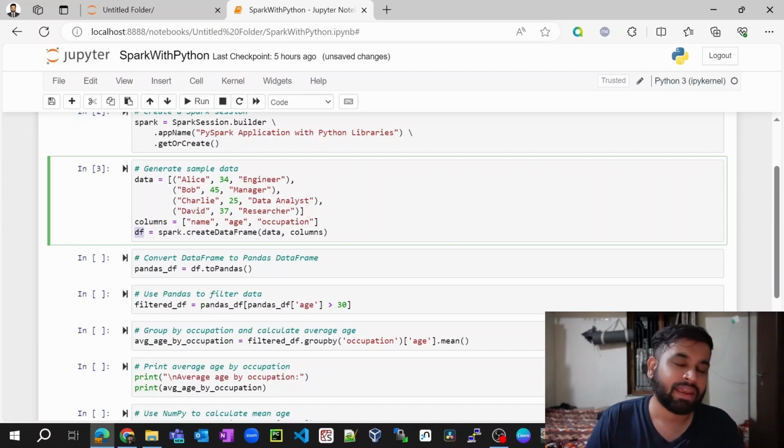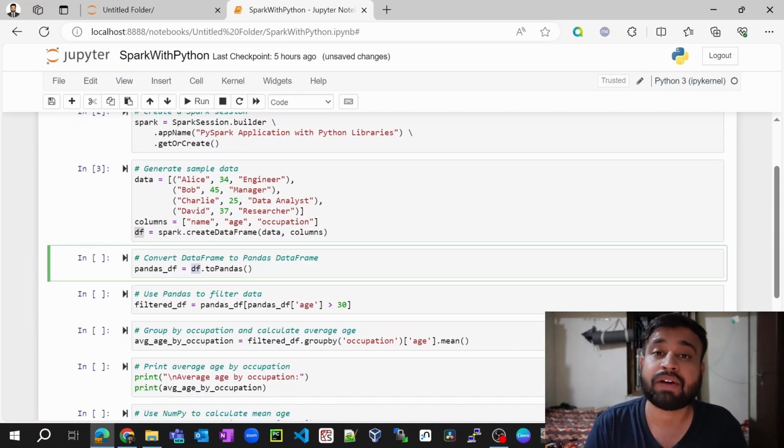But let's say you want to work with the native Python libraries, which are also really powerful, and you're not dealing with such big data, you just have a data set to work upon to reveal some patterns out of it. For that purpose, you can leverage the native Python libraries and get the job done. To do that, you can convert our Spark data frame into a Pandas data frame so that you can seamlessly interoperate between Python and Spark.